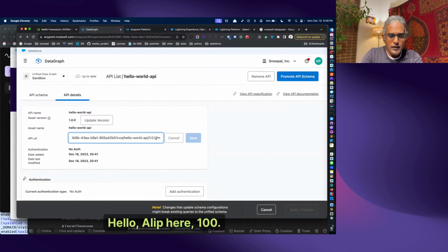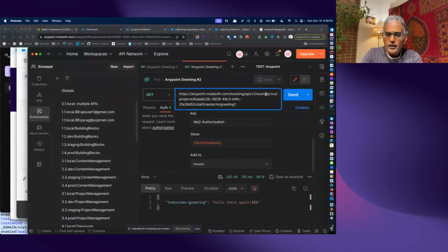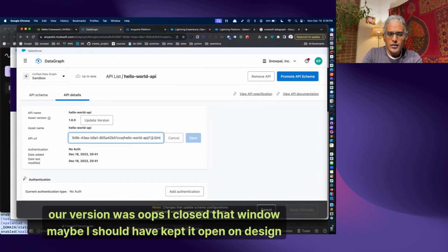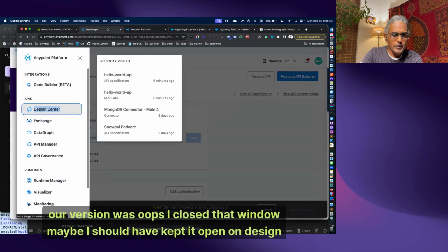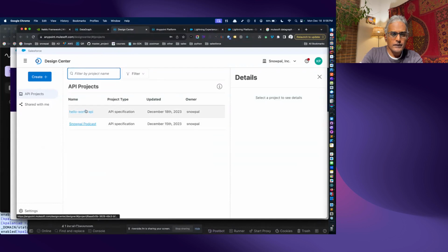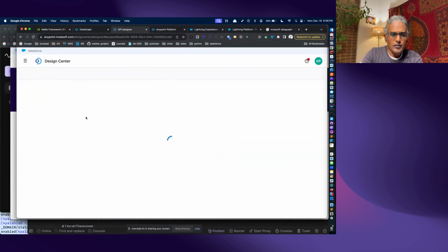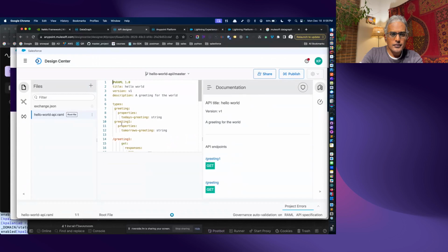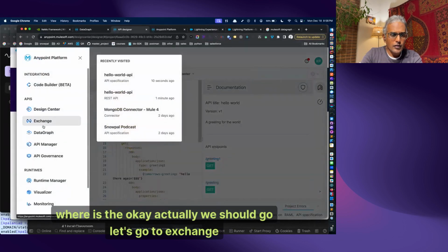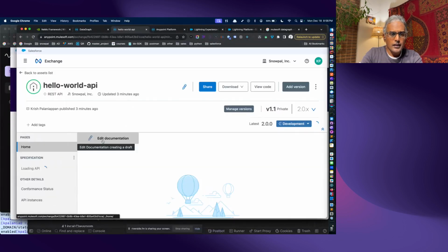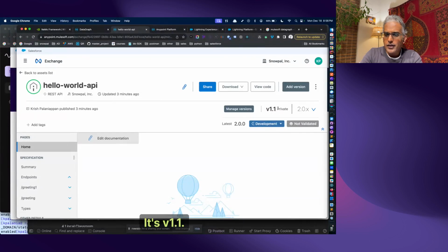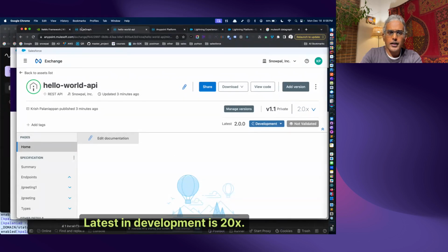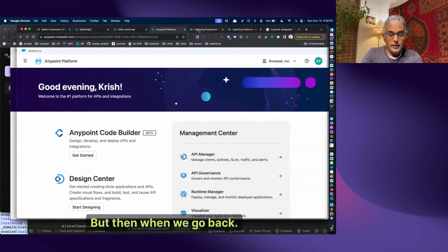Hello World API 100. Our version was, oops, I closed that window. Maybe I should have kept it open on Design Center. Where is... okay, actually let's go to Exchange, because that shows it a bit easier. Yeah, it's v1.1. Latest in development is 2.0.x. But then when we go back